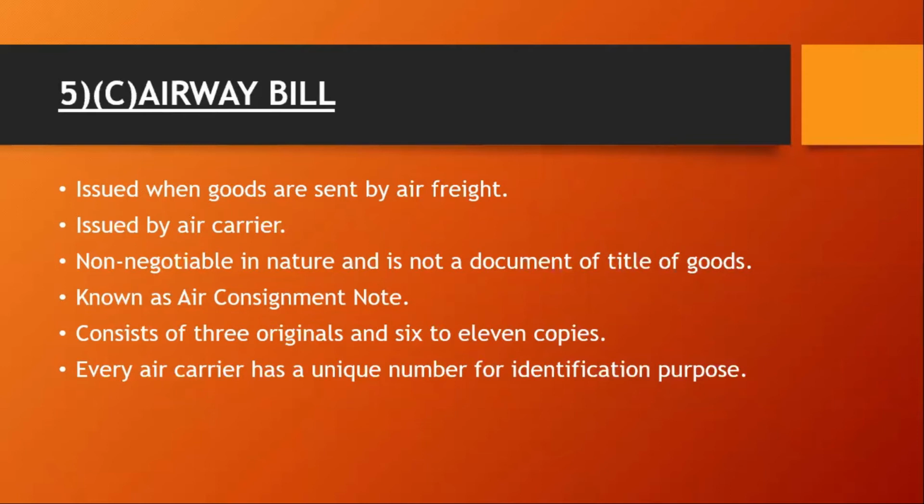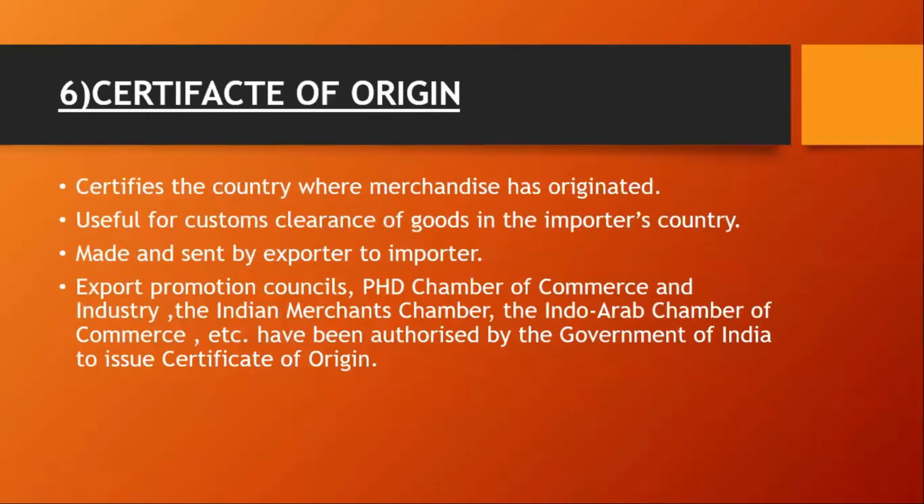Coming on to the next principal commercial document, we have certificate of origin. As the name suggests, it is the document that certifies the place, that is the country of the origin of goods. It indicates that the goods which are being exported are actually manufactured in a specific country mentioned therein. It may be on the shipper's letterhead, but it should be signed by the Chamber of Commerce.